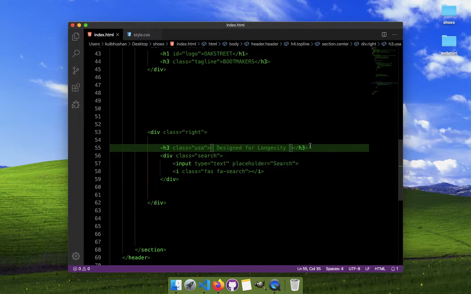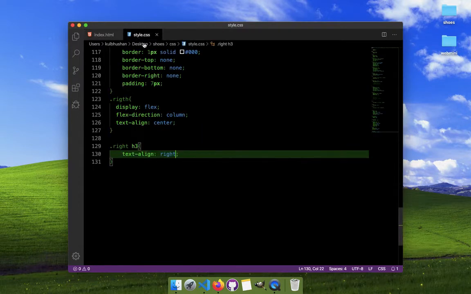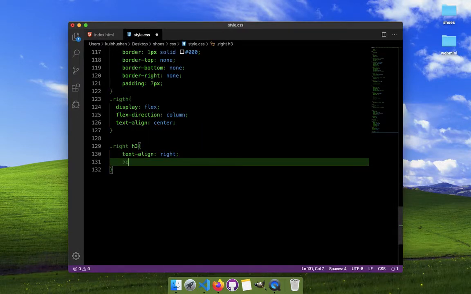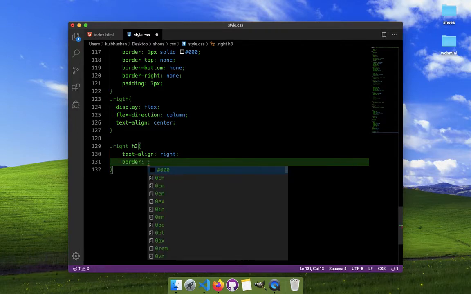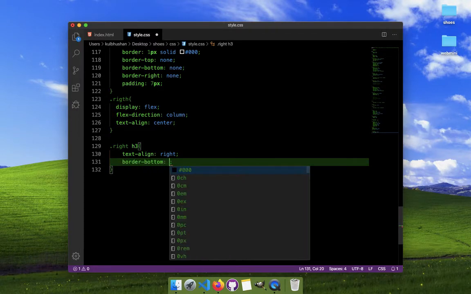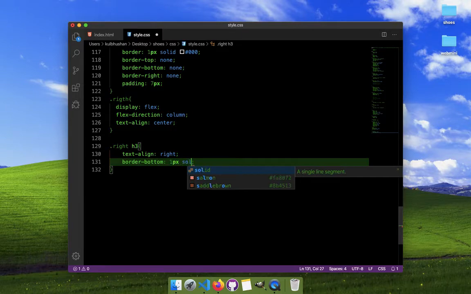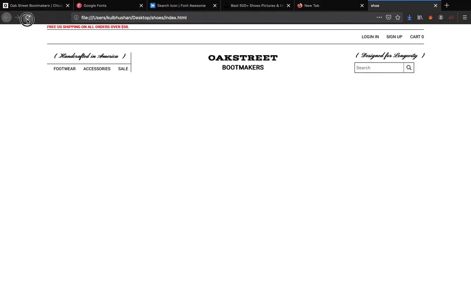We need to create, maybe we need to give the border at the bottom to the h3 element, so it needs a border at the bottom. Let's see if this is even getting accessed or not. Border at the bottom, it should be 1 pixel, solid black. That makes sense. Now if I come back now,